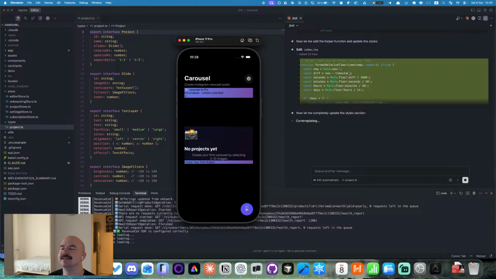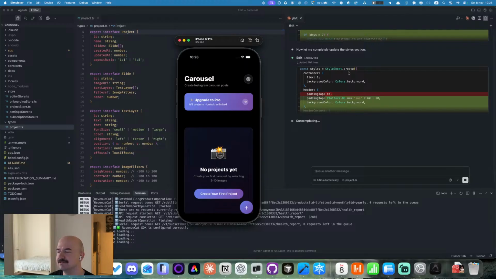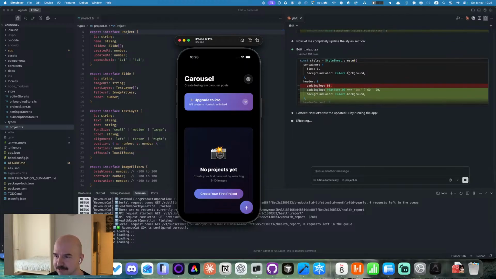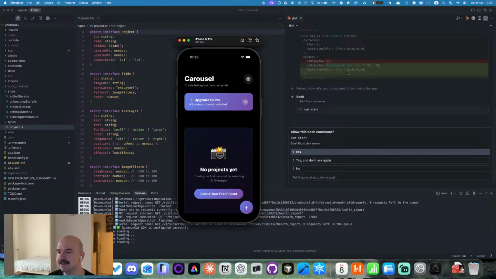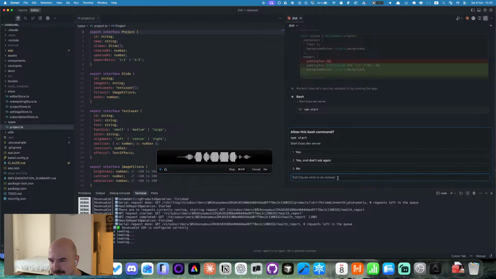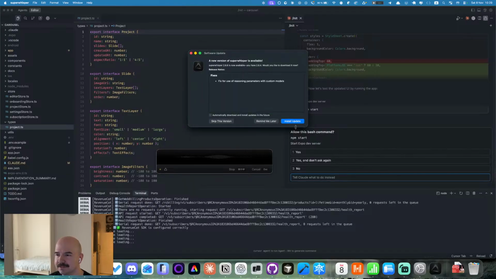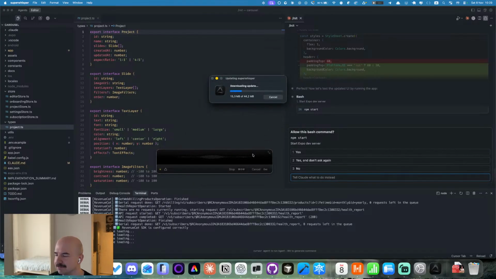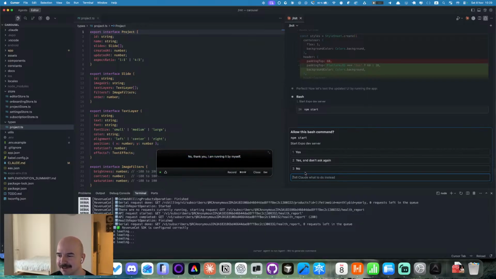And besides the increased physical activity, as you can see, we have a much better UI, by the way. Oh no, man. Thank you, but no, thank you. I am running it by myself. So probably Super Whisper is hearing the wrong device here. That's why it cannot recognize my speech, because the laptop is on the other side. Oh yeah, actually it is working just fine.